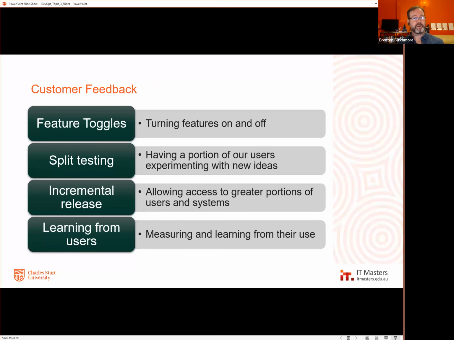The DevOps environment of continuous delivery gives you an absolute golden opportunity to figure out what's going on and adapt to it quickly. Because if something doesn't go right, only a small percentage of your users have been affected by it, and you can fix it tomorrow or whenever your next code push is. But what that means is you can experiment. You can say, hey, we're going to do this now. Oh, look at that. Half our users have stopped using that system. Quick, change it back.